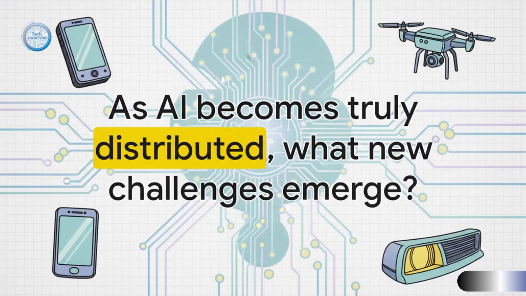And that, of course, leaves us with one last thought to chew on. We're starting to figure out the basic patterns for distributing intelligence, but as this becomes truly ubiquitous, with AI running on billions of different devices, what new challenges are going to pop up? We're going to have to think really hard about how to secure this massive new attack surface, how to orchestrate updates and rollbacks across these huge fleets of devices, and how to navigate all the complex operational and ethical questions that come up when autonomous decisions are being made everywhere, all the time.